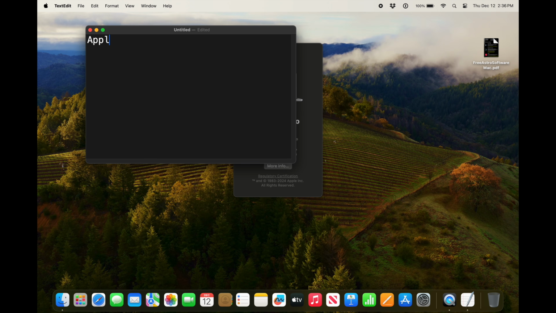Okay, so if it's Apple Silicon, you'll sometimes see the word ARM64. That's the chip architecture. If it's an Intel Mac, you'll sometimes see x86_64. So these are both 64-bit chips, but the one uses a different kind of